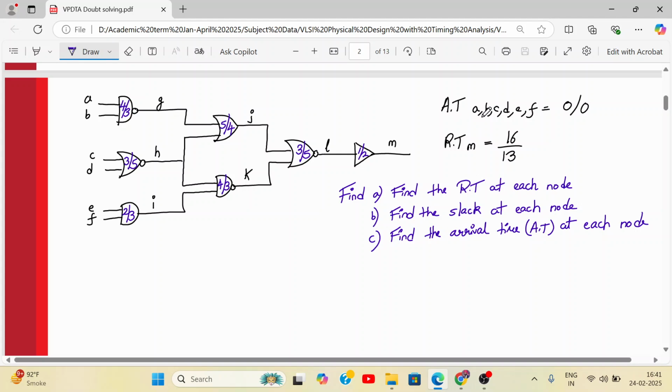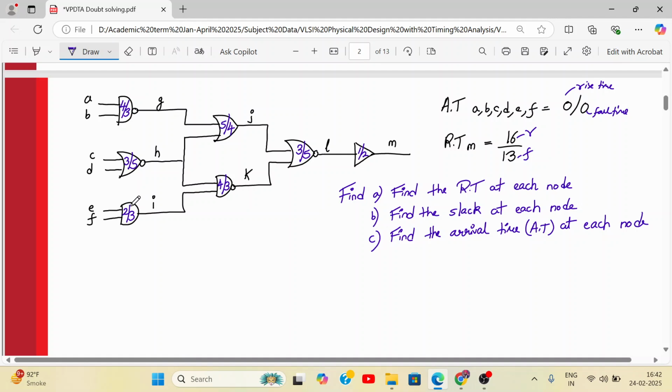Arrival time at node A, B, C, D, E, F is 0, 0. So 0, 0 is not a fraction, it is the rise time and the fall time. Here, similarly, this will be the rise and this will be the fall time. And these are the delays associated with the gate: 4 by 3 is the rise delay, fall delay. 3 by 5 is the rise delay, fall delay for this